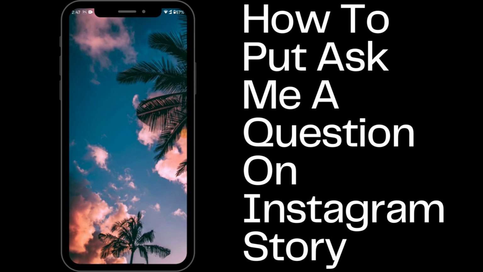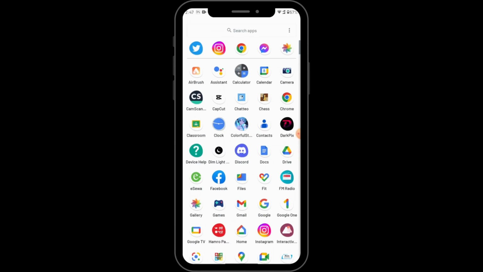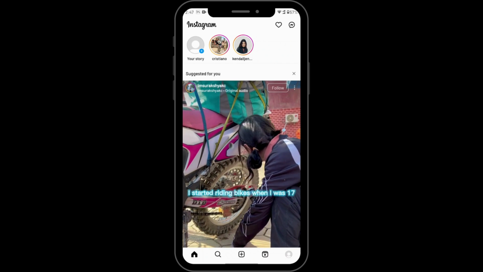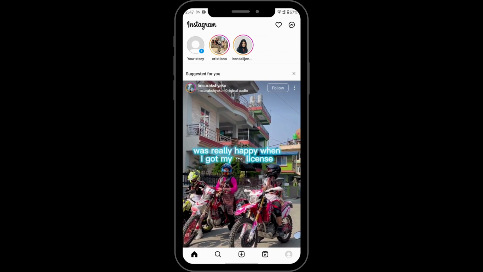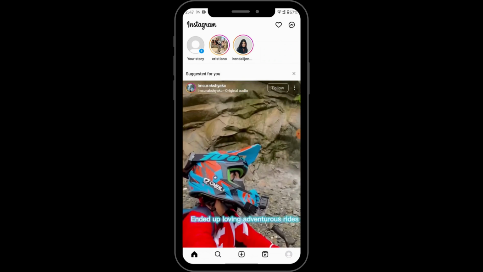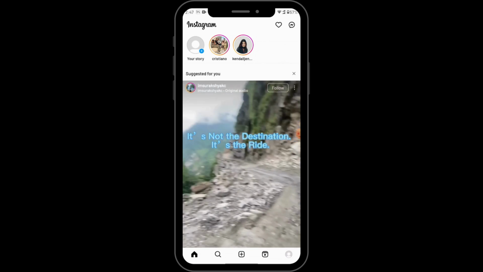How to put an ask me a question on an Instagram story. So if you want to put that question, all you have to do is open up your Instagram, and then on the upper left corner you will have an option which says your story. You can either tap on that, or you can tap on the plus icon which is on the bottom of your screen,